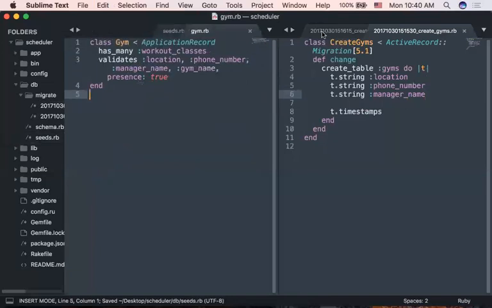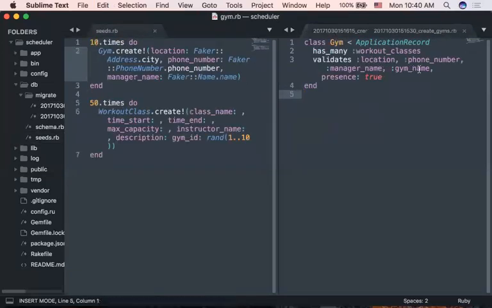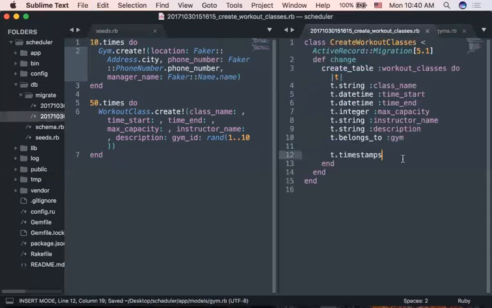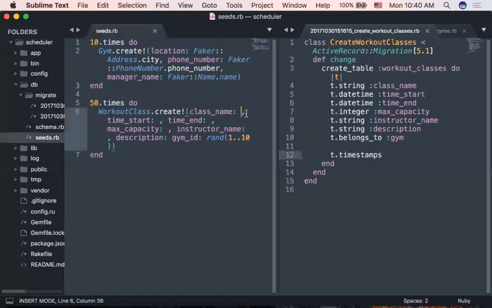All right, so that means if I remove it here, I have to also remove the validation. So get rid of the gym name. That should be good. I have to drop it and recreate it later. All right, so the class name,